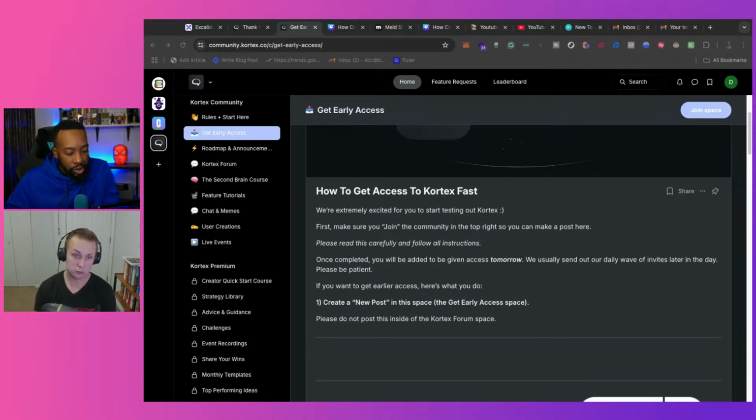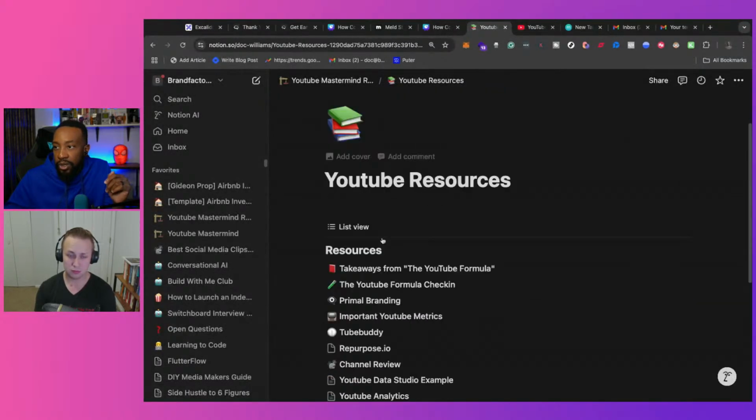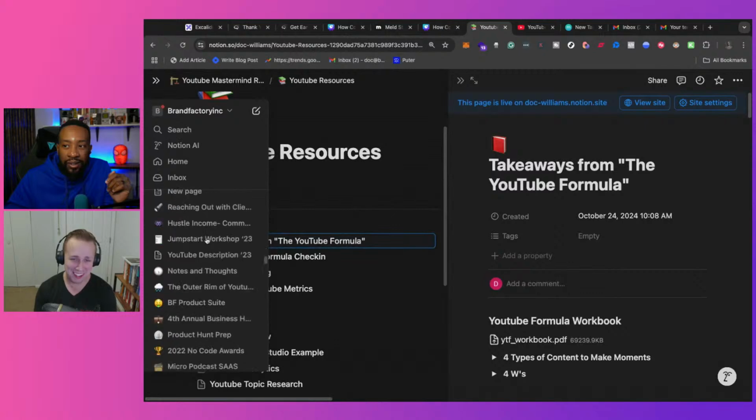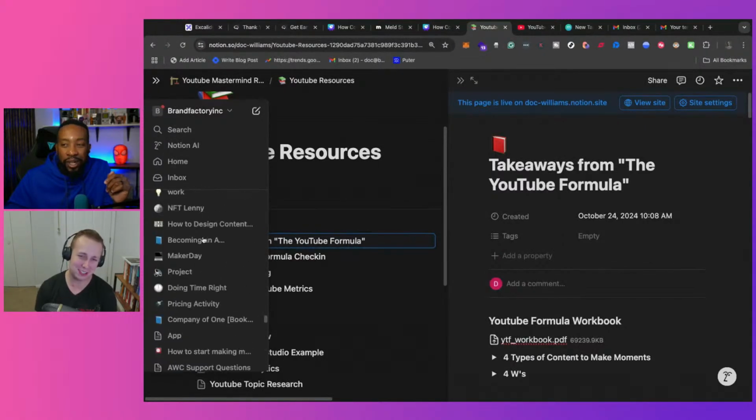Also, this week, and everyone that's in the group already knows this, all of my resources are basically my favorites. Oh my god, how many favorites do you have? You gotta organize your structure, man. Look at this information architecture, my nightmare.